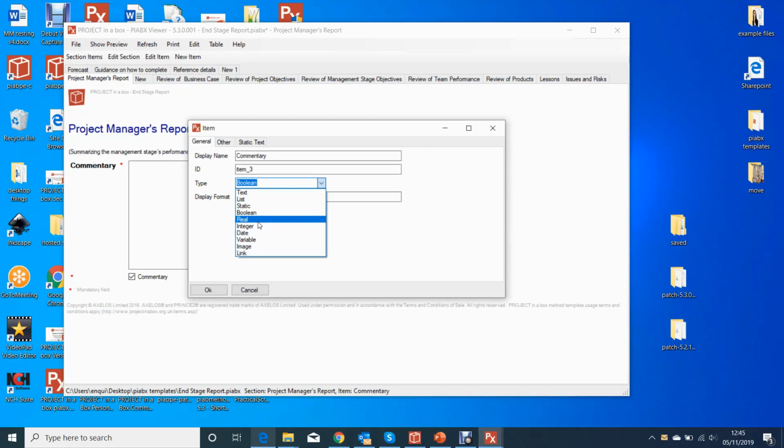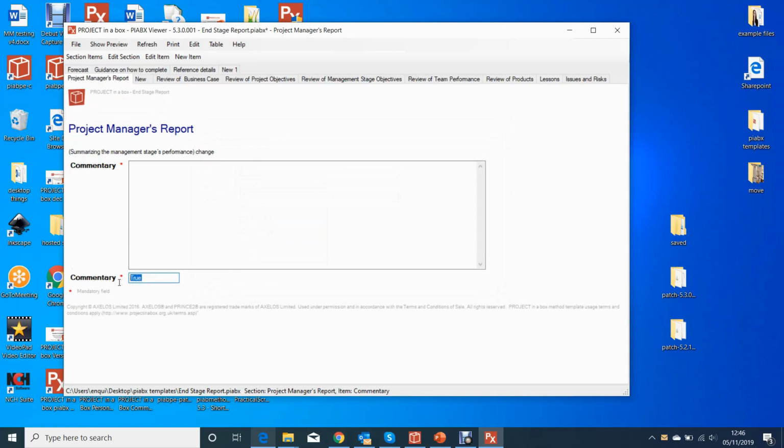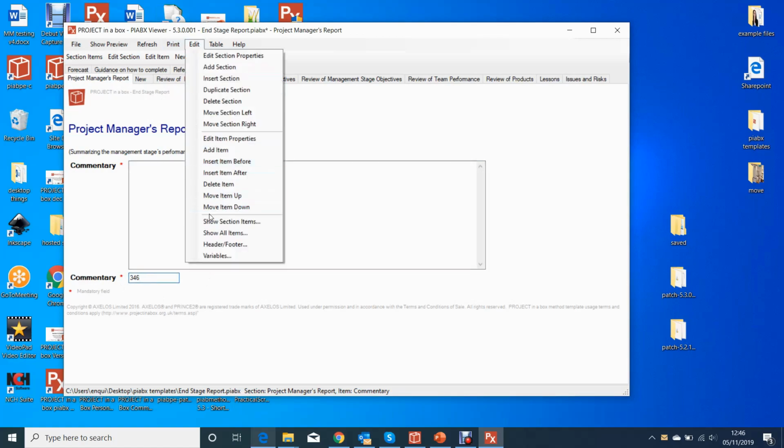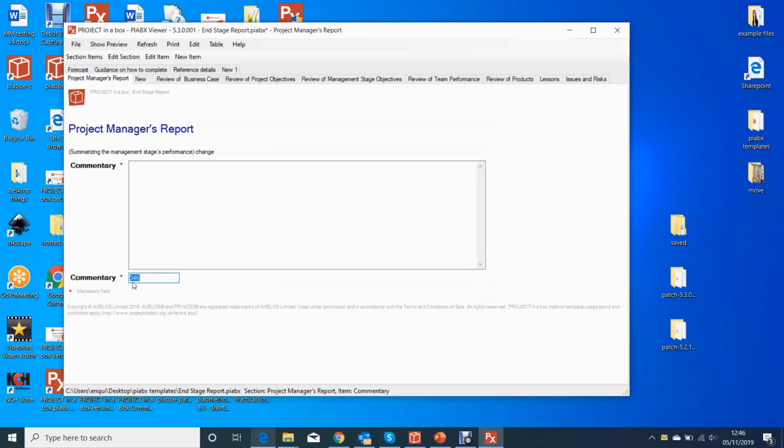So we've got some number options here, real and integer. We'll go with integer to start off with, and that allows us to type in our number. Fairly obvious sort of thing. Of course, when we're doing this, we're going to want to probably set a display format on that, and we use the standard things that we might do in Excel as well. So we'd go something like that as our display format. In this case, it's not going to be any different, but if we make our number much bigger,